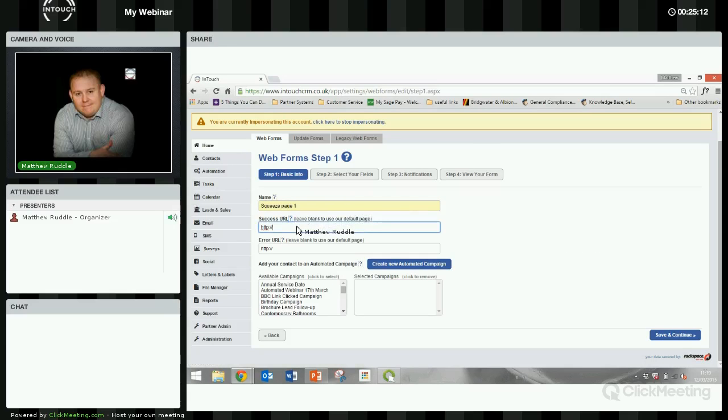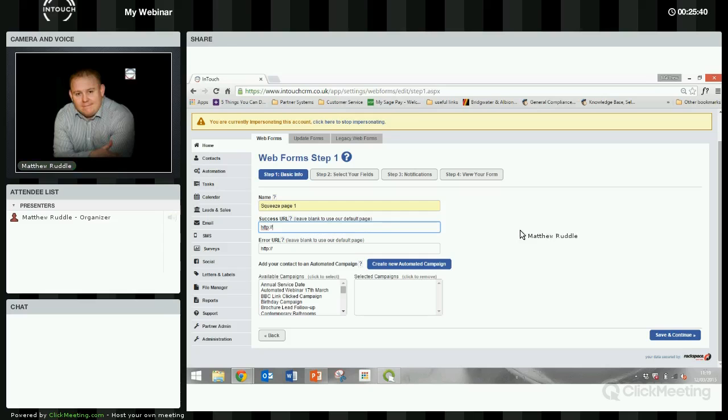You can then set a success and an error URL. So these are quite important because the success URL basically says, hey, thanks for signing up. Everything was successful. Here's your voucher. Here's this, here's that. So it's a positive acknowledgement that what they've done has worked. The error URL basically says, oops, there's something wrong here. Don't forget to fill out the form again and make sure that you give out all your details as the